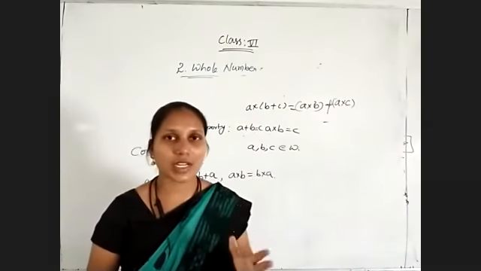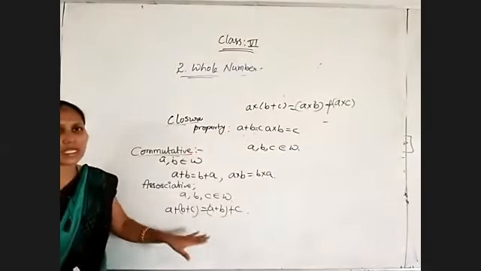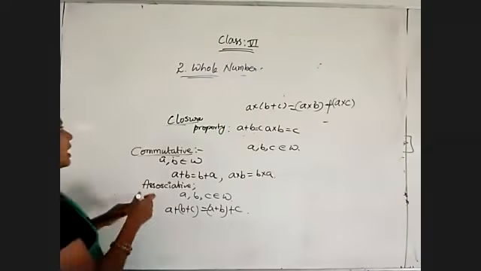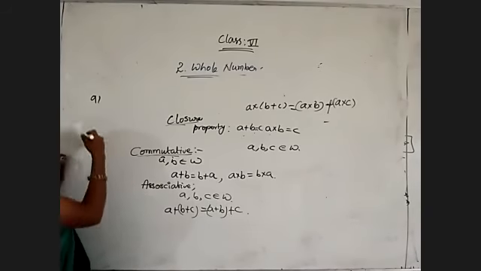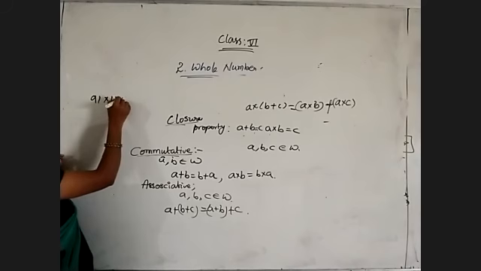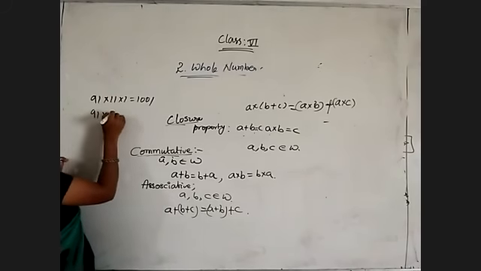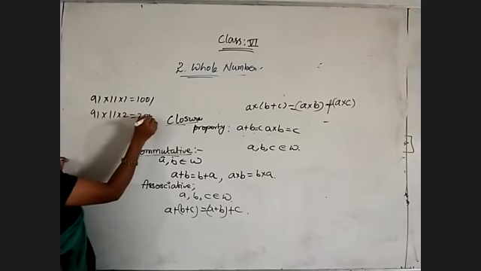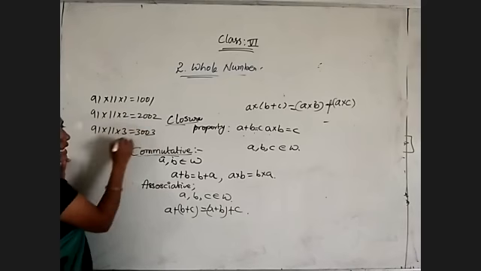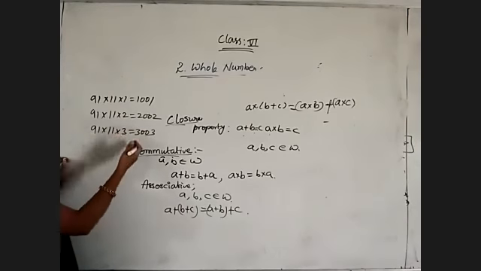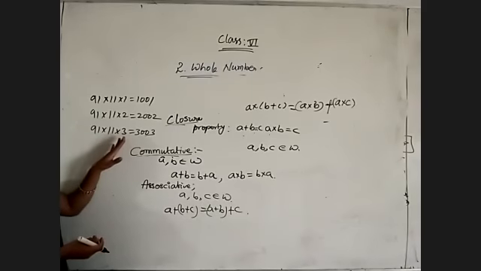And after that we have studied about patterns of the whole numbers. Pattern is nothing but by observing 2-3 steps, we can write the remaining steps without doing the actual multiplication. So 91 into 11 into 1 is equal to 1001. And 91 into 11 into 2 is equal to 2002. 91 into 11 into 3 is equal to 3003. Like these three steps are given. Now I want to continue these steps. I want to write the remaining steps without doing actual multiplication.